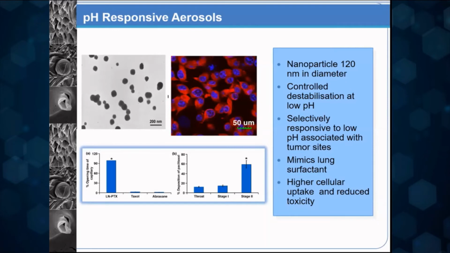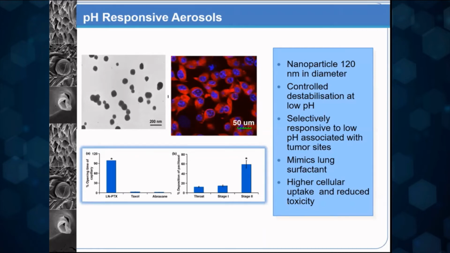Again, if you're going to have pH responsive platforms in aerosols, you can use this to look at pulmonary metastasis. The advantage here is that the first occasion of a change in pH is that associated with your disease site, because it is being given as an aerosol, and once it reaches the pulmonary metastasis, you can design your carrier to destabilize in the lower pH.